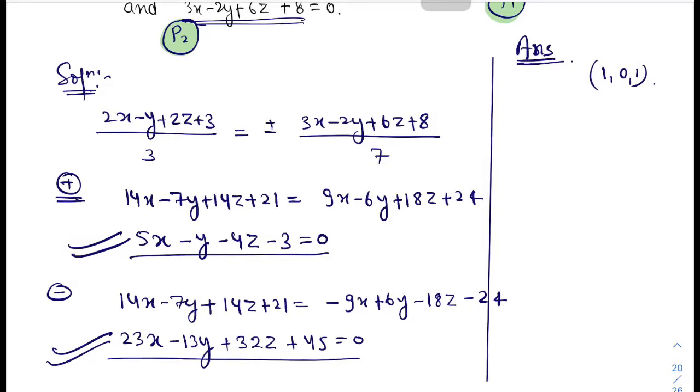Any plane parallel to this 5x minus y minus 4z minus 3 equal to 0 will be 5x minus y minus 4z plus some constant alpha equal to 0,